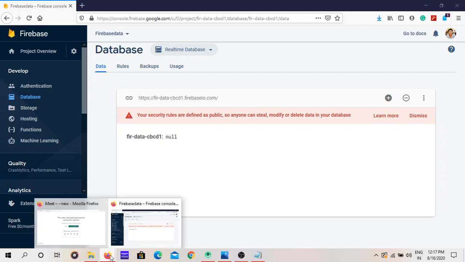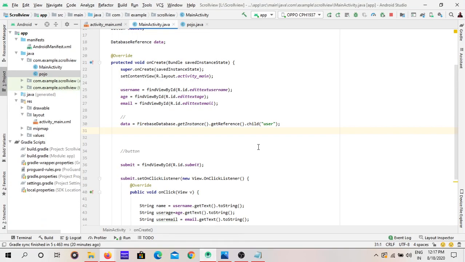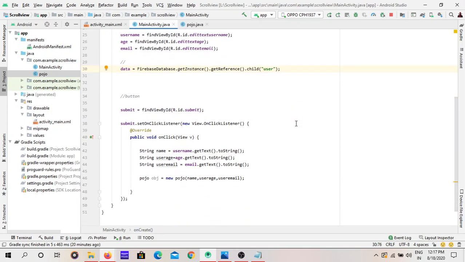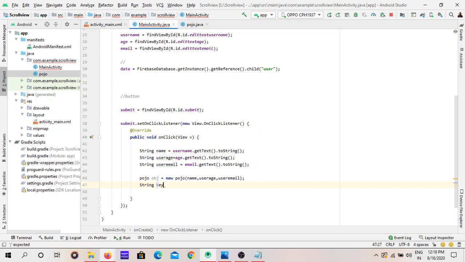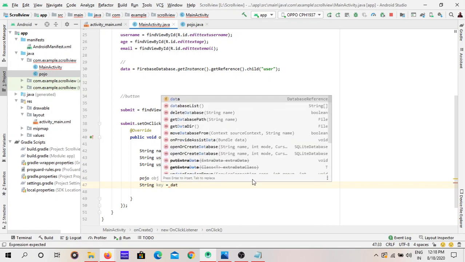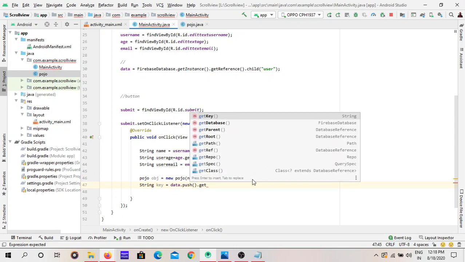Now what we have to do, go to Android Studio. Now we have the reference. We have to get a unique key. For every user we have to generate a unique key. For that, create a string variable key equal to data.getKey().